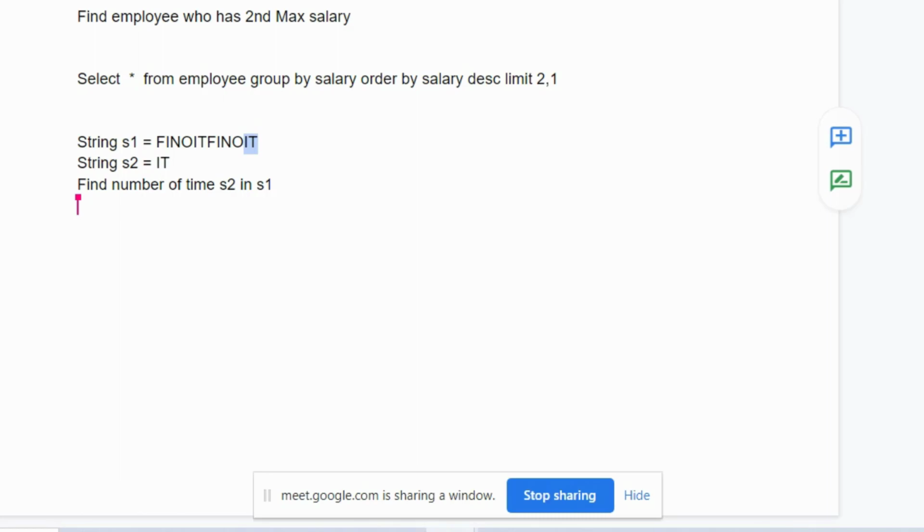Yeah. Now there are some restrictions which you need to follow while writing the code. First, you need to write the method in a generic way. What I mean by generic is that the value of S1 and S2 can be anything, and their length can be anything. Second, you can't use any string inbuilt APIs. And third, your time complexity should be as minimal as possible. Now you can start writing your code.